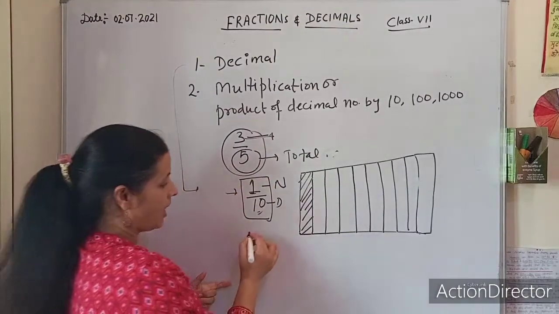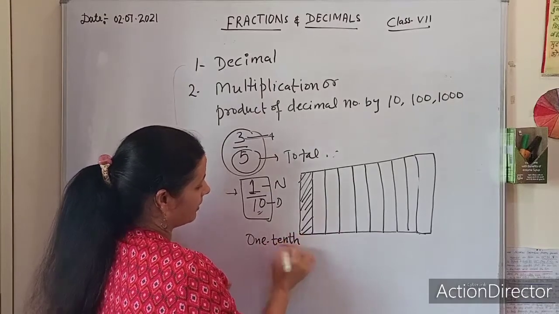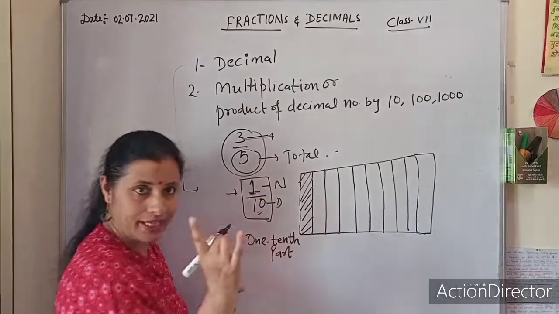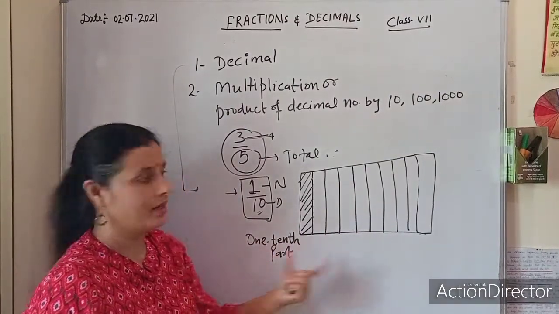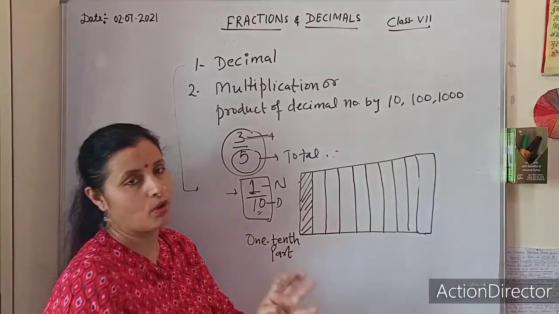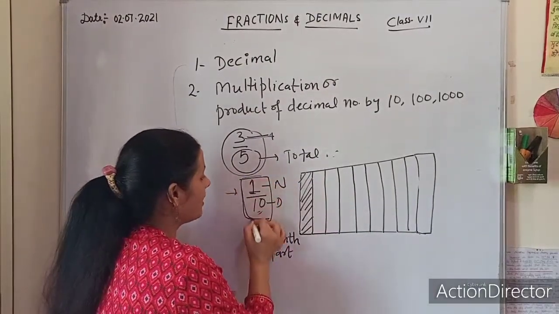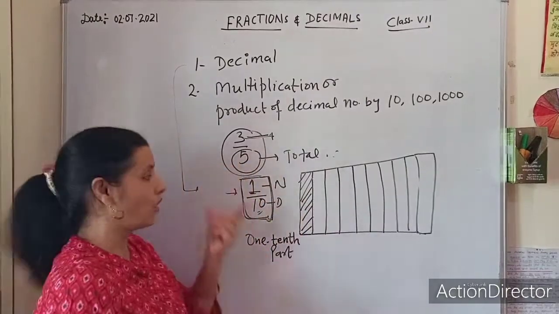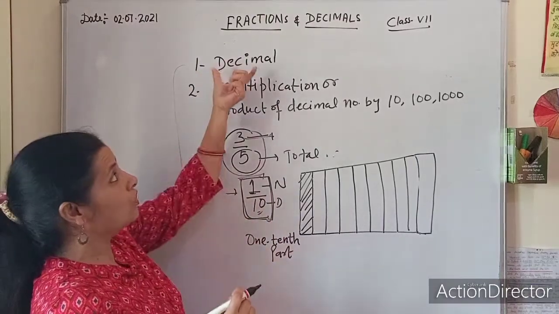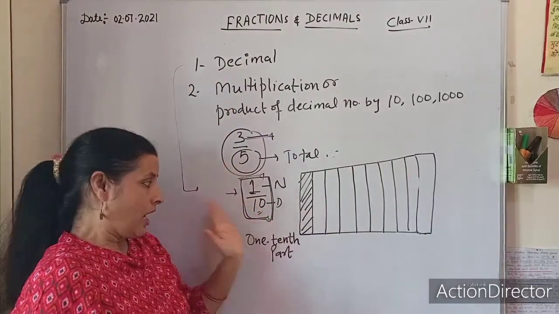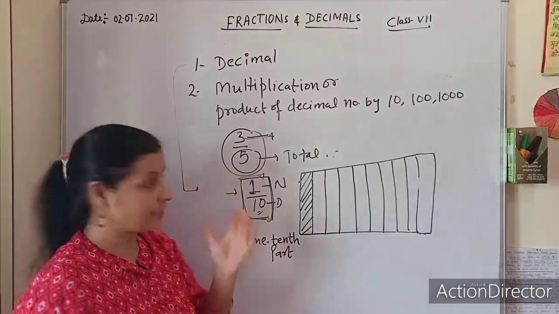So how to read it? It is read as 1/10 part. 1/10 part means out of 10, we have got 1. So this is the meaning. It is a fractional form, and we are going to learn about this 1 upon 10. So now our new topic, that is decimal. Up to here, I hope all of you understand. So 1 upon 10 is a fractional part.